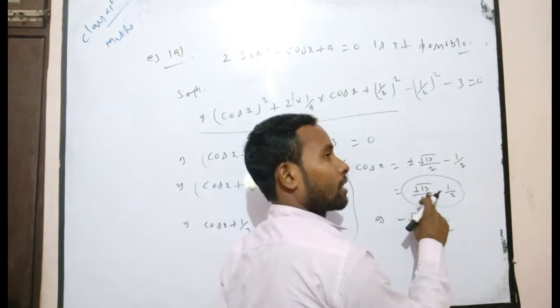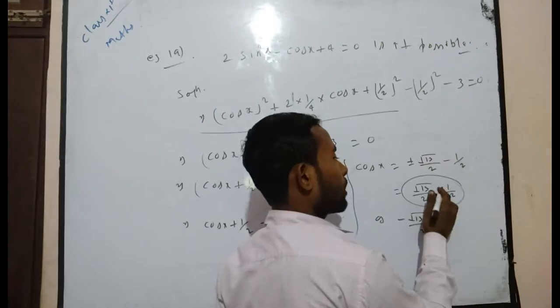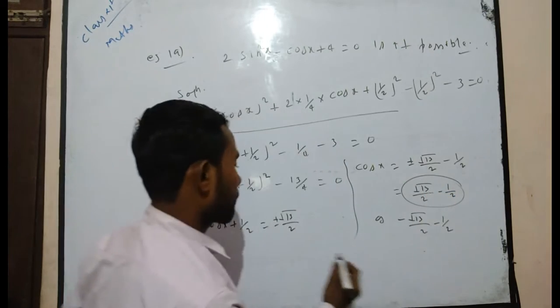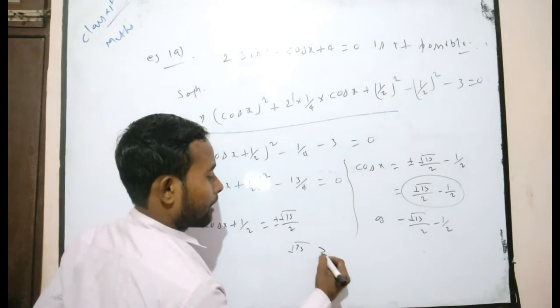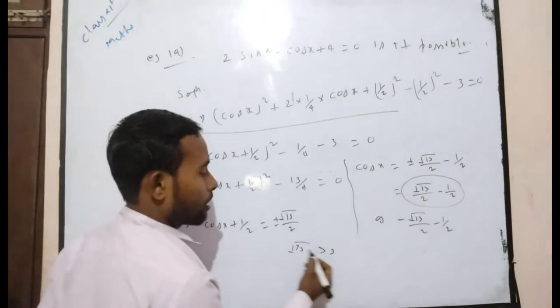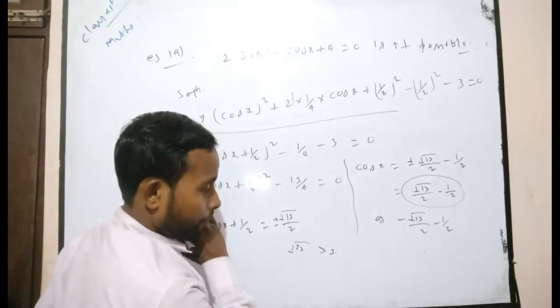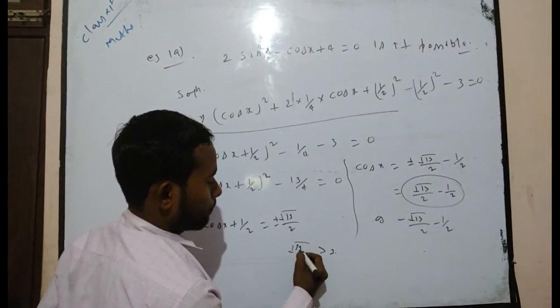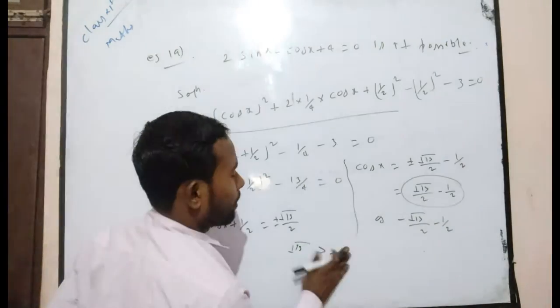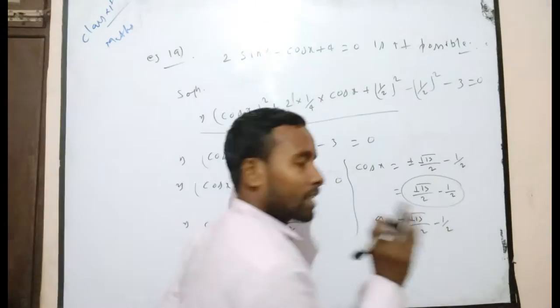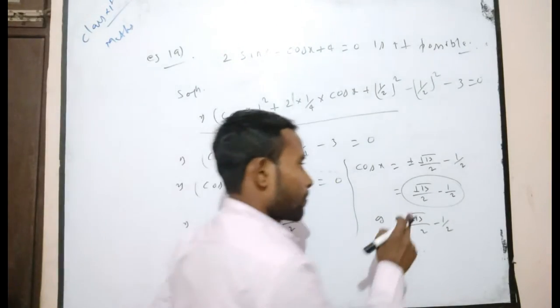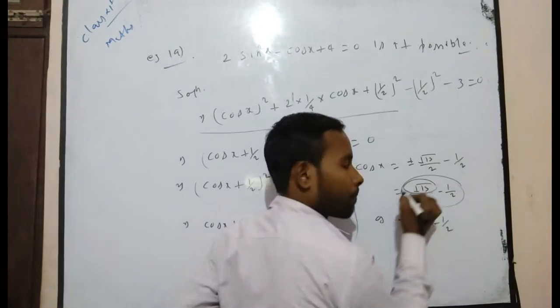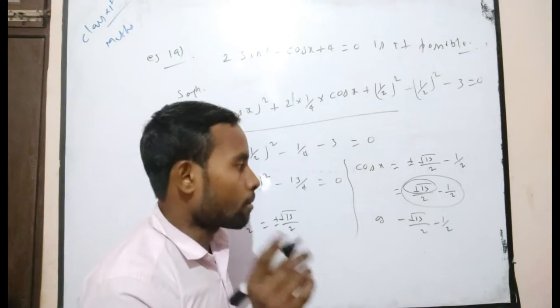It will be greater than 3. It means that suppose the square root of 13 will be greater than 3. In that case, you can suppose 3.13. Suppose that simply root under 13 is greater than 3. In that case it is greater than 3. You have to remember it.